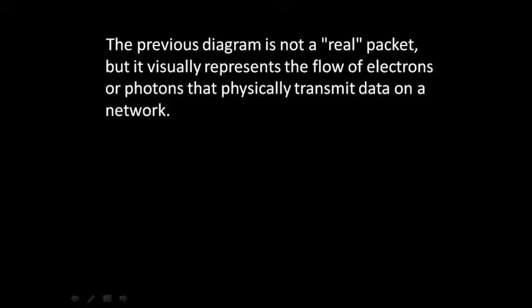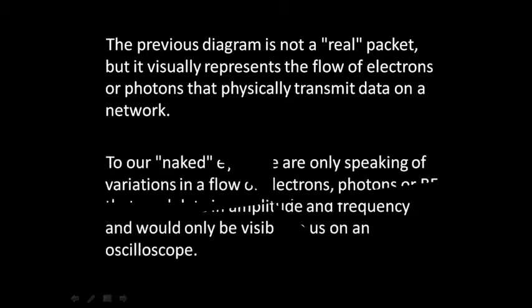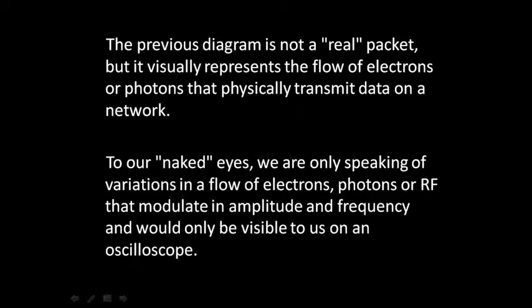The previous diagram is not a real packet, but it visually represents the flow of electrons or photons that physically transmit data on a network. To our naked eyes, we are only speaking of variations in the flow of electrons. Photons are RF that modulate in amplitude and frequency and would only be visible to us on an oscilloscope. An example of some oscilloscope signals would be